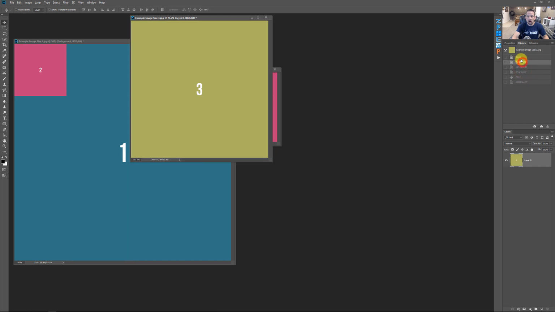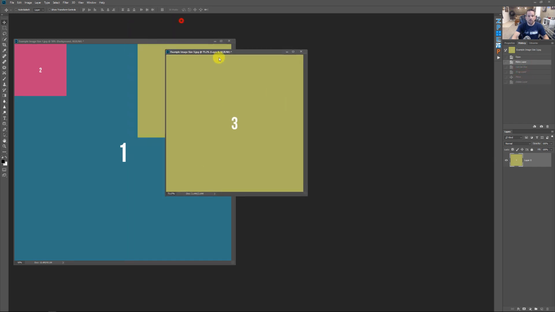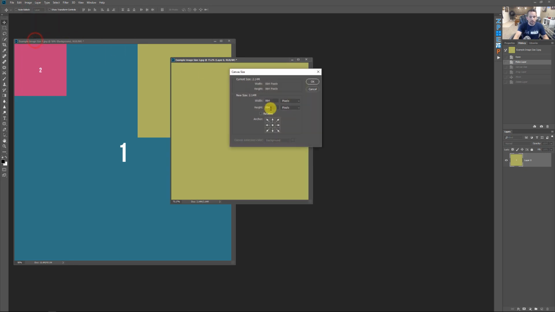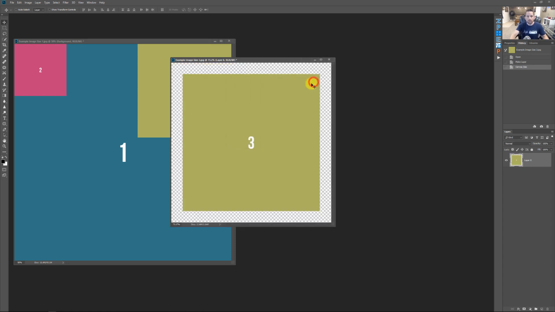Canvas size is also helpful in that if you wanted to make the canvas around this just 1 inch larger on all sides, what you would do is uncheck that layer, go to image, go to canvas size, and hit this button that says relative. And when you hit that button that says relative and you change this to inches, if we said we want the width to be 2 inches wider and the height to be 2 inches taller,